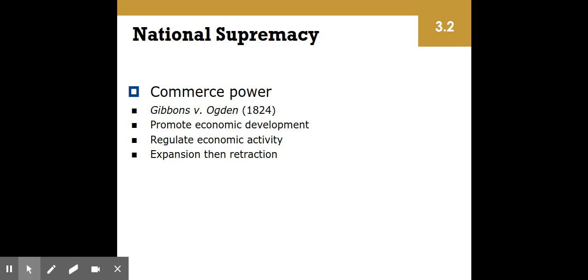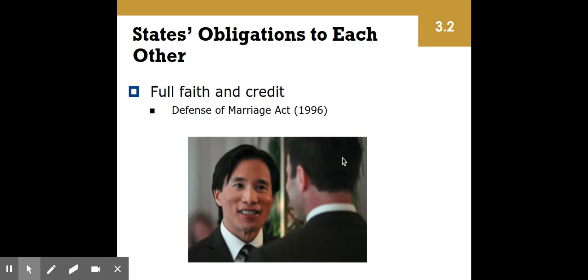Some programs were set up to be implemented by the federal government, but then over time, because of the pressure to commit to the federal system, some of those responsibilities, like giving out money for Medicaid, for instance, or for food stamps, or SNAP as it's called, eventually were redistributed or increased the responsibilities for the states to handle.